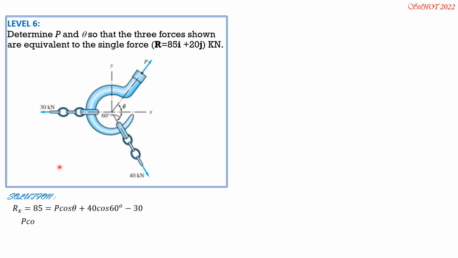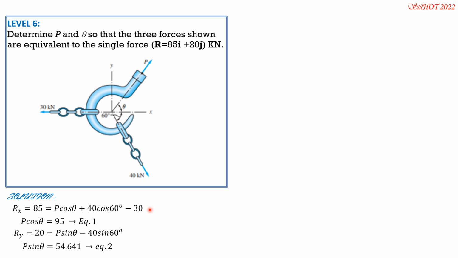Simplifying, P cosine theta equals 95. Call that equation 1. Then Ry equals P sine theta positive minus 40 sine 60. 30 has no y component. Then Ry equals 20, so 20 equals P sine theta minus 40 sine 60. Simplifying, P sine theta equals